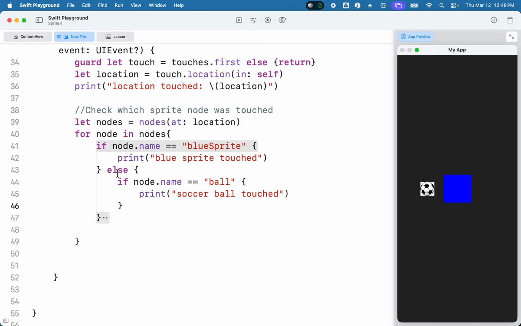And then inside this if, I'm going to put another else. Else print